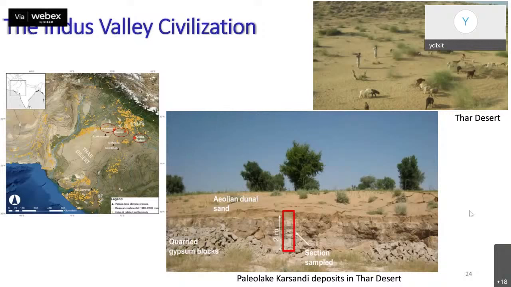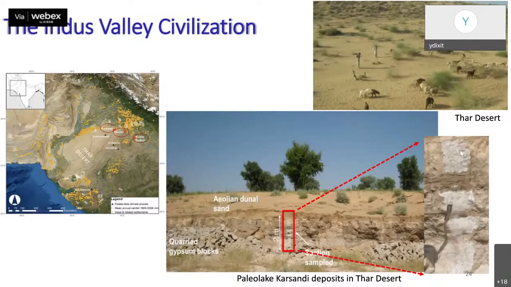So again, this is the climate record that I will show. It does not come from this lake in particular. It is from the other lake, Kotla Dahar, but you would get the essence of what climate records can tell you. It is again very close to Rakhigarhi, one of the urban sites. These are the deposits that you see, and if you sample from top to bottom, the top is modern, and as you go down the section, you go deeper and deeper in time. So we would sample it, take out the shells and do chemistry of the shells to reconstruct past